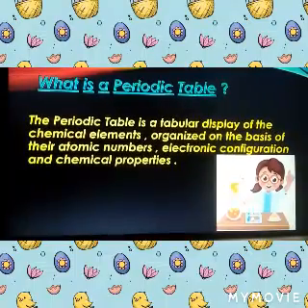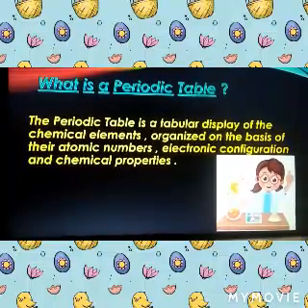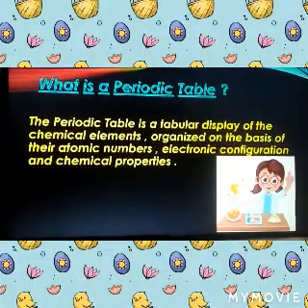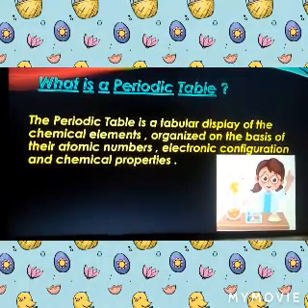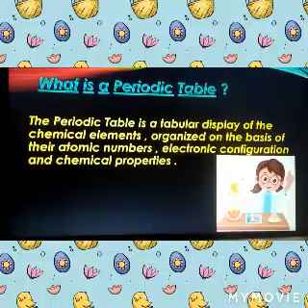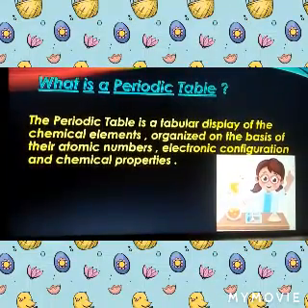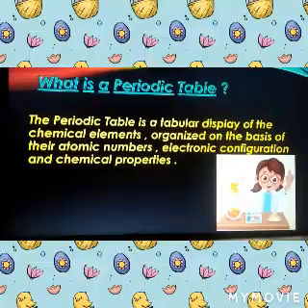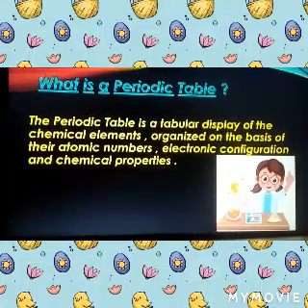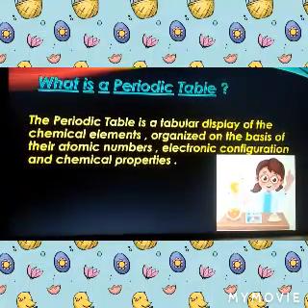So scientists thought that we can distribute and organize the elements on the basis of their atomic number, just like hydrogen has atomic number 1, then helium 2, and so on, and the electronic configuration, number of electrons, number of protons and number of neutrons. Chemical properties means malleability, ductility, whether it is a metal or a non-metal, allotropes, metalloids, lanthanoids, etc. On the basis of these properties only, the periodic table is organized.